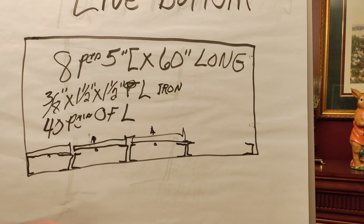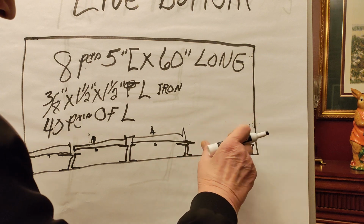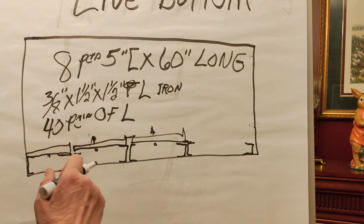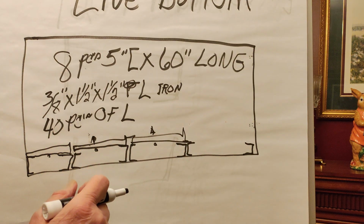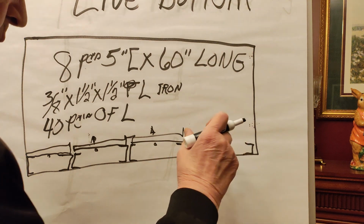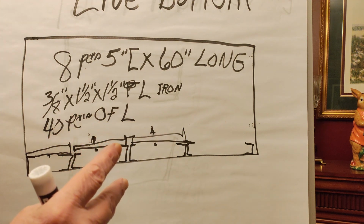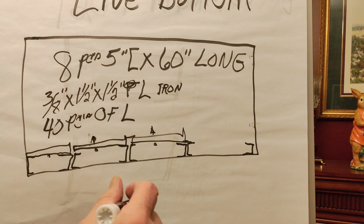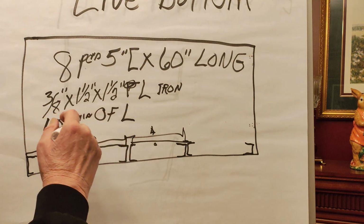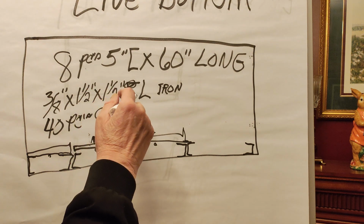So 1 foot long grates, 5 foot deep, that's 5 grates every foot. So it's 4 feet, that's 5 times 4 is 20. Excuse me, every foot is 2 pieces of angle iron, and at 5 feet, that's 10 pieces. So that makes 40 pieces of 3/8 by 1.5 angle iron